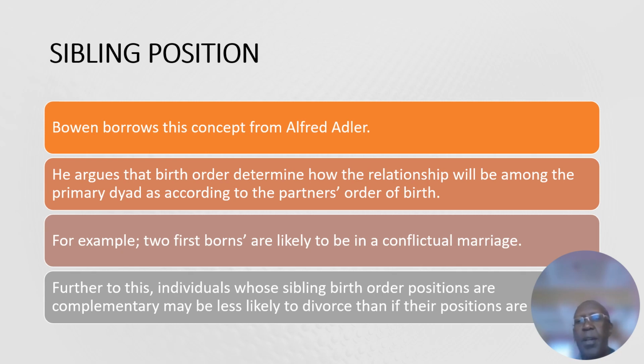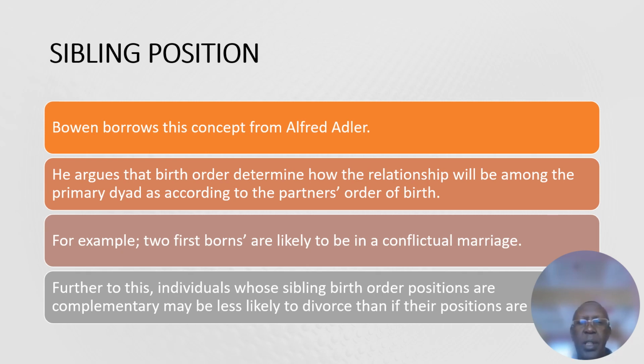And what we are saying here, honorable members of this class, is that if X is a firstborn and they get married to Y as a firstborn, and they grew up in a family in which each of them was forced to do parentification, or found themselves acting as parents to their siblings, and then here they meet and get married, the major challenge is who now continues to be a parent to the other, who accepts to submit to the other, because both of them have been bosses ordering their siblings all through, and they have gotten used to issuing commands and instructions.